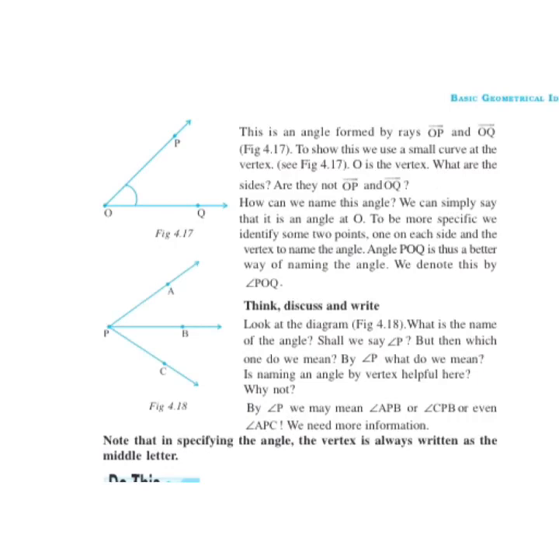Children, here you have to remember one thing, that whenever you are naming an angle, the vertex of the angle, the common point of the angle, will always be in the middle. For example, we have written angle APC, the middle one, that is P. Letter P is the vertex of the angle. While naming the angle, the vertex will always be in the middle.